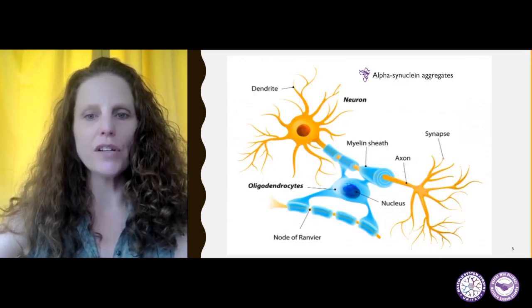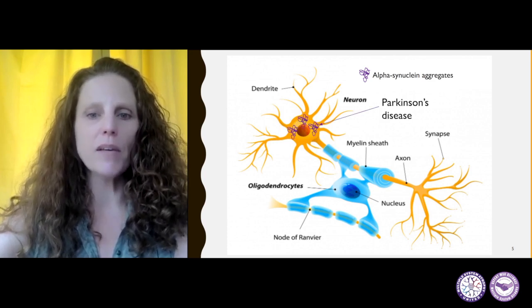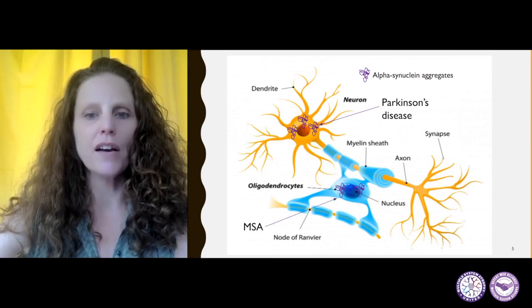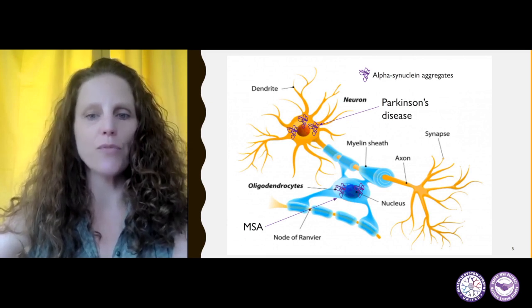Accumulation of alpha-synuclein is also a process seen in Parkinson's disease. However, while the alpha-synuclein deposits in Parkinson's disease accumulate in the nerve cells themselves, in the case of MSA, these accumulations occur in the oligodendrocytes, the cells within the brain that are responsible for the production of myelin, the insulating layer or sheath that forms around nerve cells.